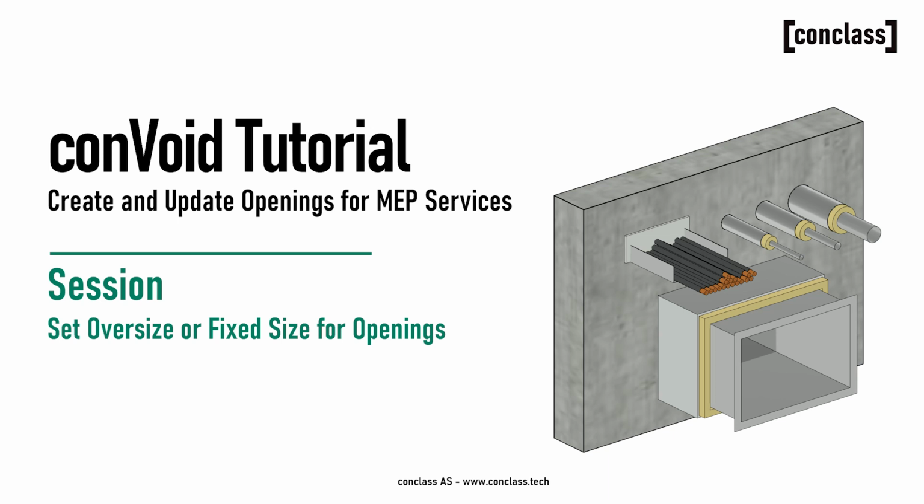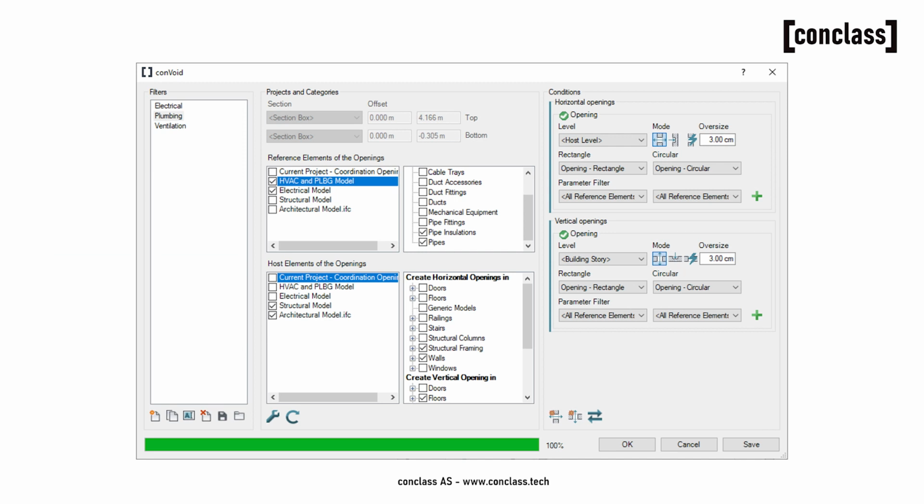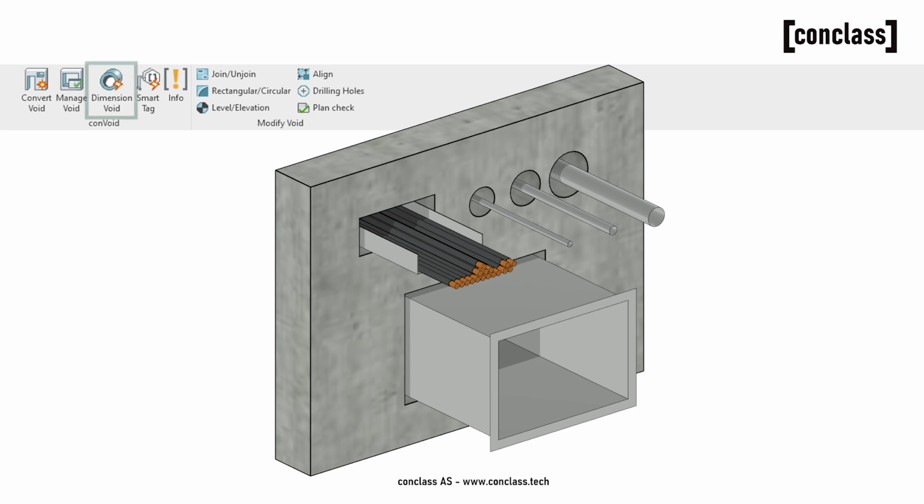In this session, you will learn how to set oversizes and fixed sizes for selected openings. When creating or updating openings, you may have set an oversize value. Regardless of the oversize settings you initially choose, the Dimension Void feature allows you to adjust opening sizes for selected